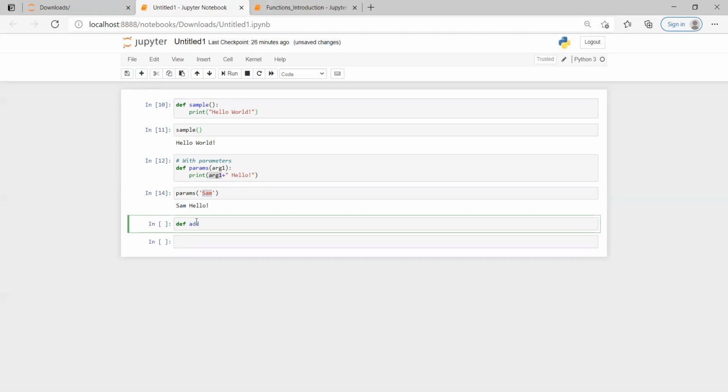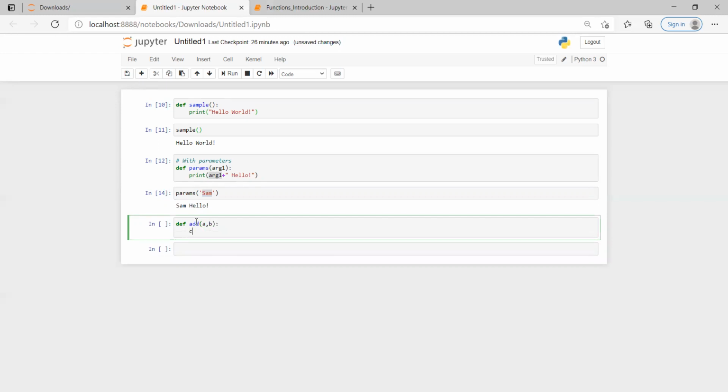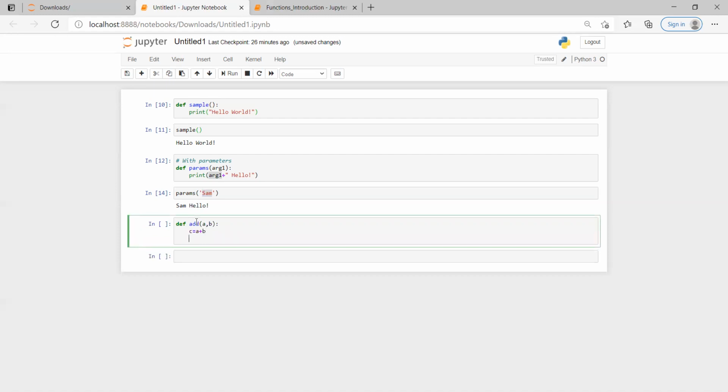I write a function add, and take input of two values for this function. I'm temporarily declaring a variable c, which does a plus b, and I'm just printing c. This doesn't return any value, I'm just showing you how things work by passing two values.